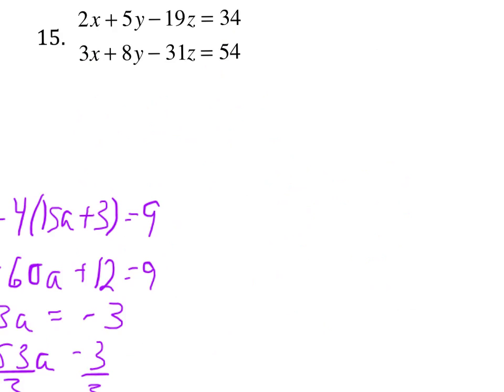For number 15, we also need to create a point generator. So I am going to eliminate the x's, since that looks like it's the easiest to eliminate. So I'm going to multiply the top equation by a negative 3 and the bottom equation by a 2. So I'll get negative 6x minus 15y plus 57z equals negative 102,